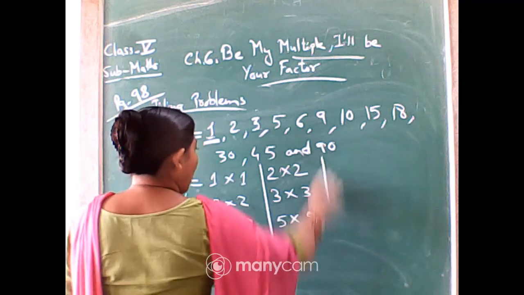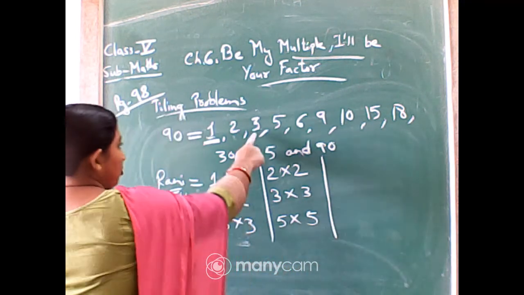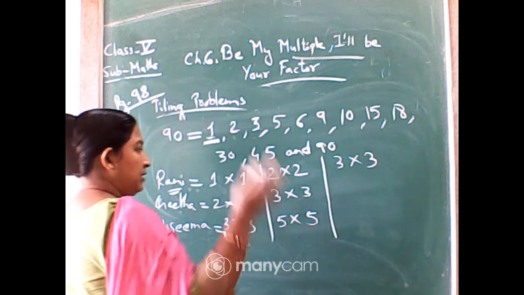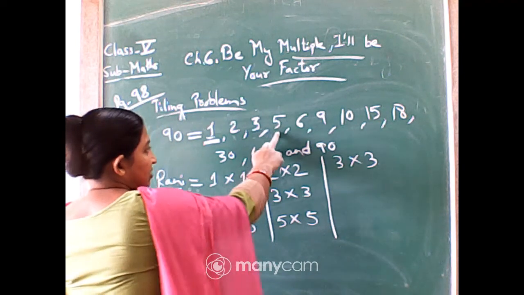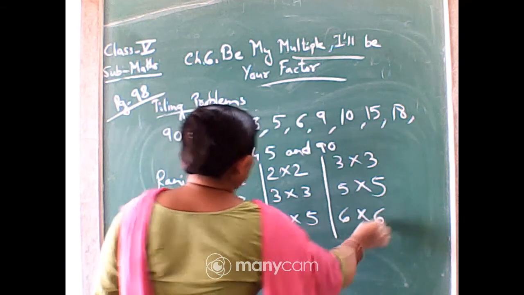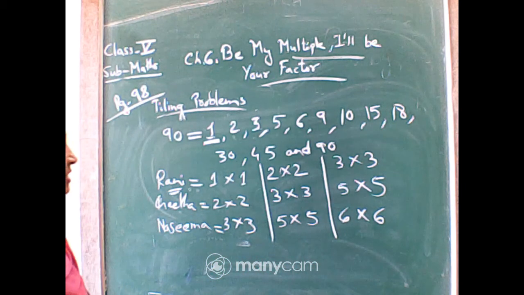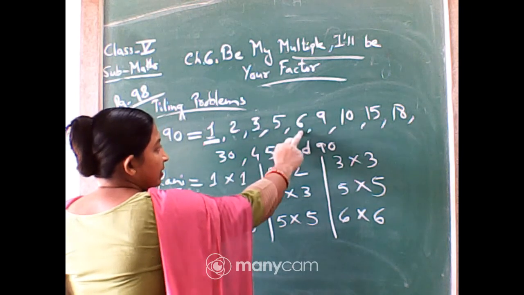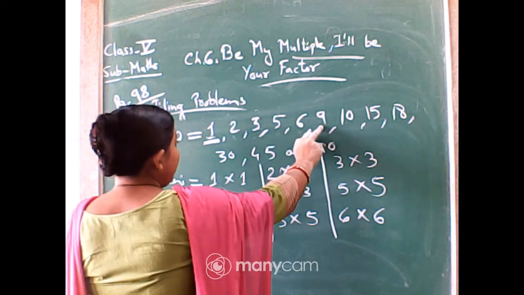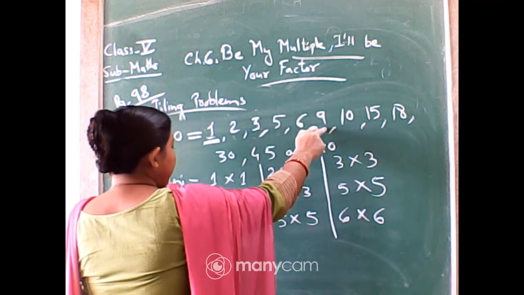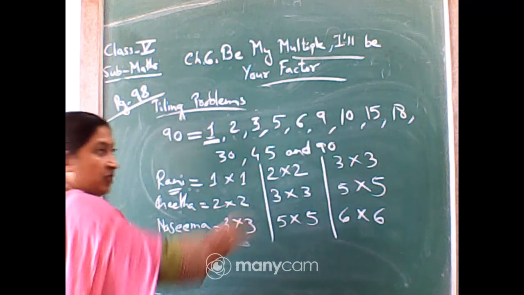Okay. Now one more option you have to find. One more option, 3. That means Rani is taking 3 by 3 of the tile, means the measurement is 3 feet by 3 feet. Next is 5 feet by 5 feet, and next is 6 feet by 6 feet. That means Nasima, who is taking the longest one, will have 6 feet by 6 feet. Okay. Now there are more options. If Rani is choosing 5, then Geeta will take 6 and Nasima will take 9. Similarly, if Rani's next option is 6, Geeta will take 9 and Nasima will take 10. This way it goes on.